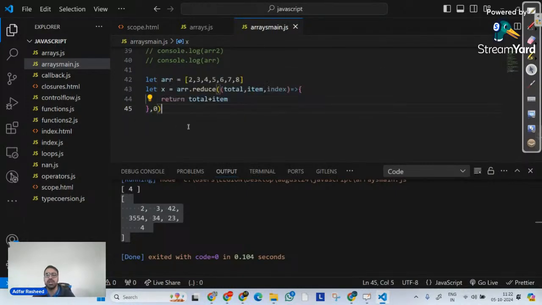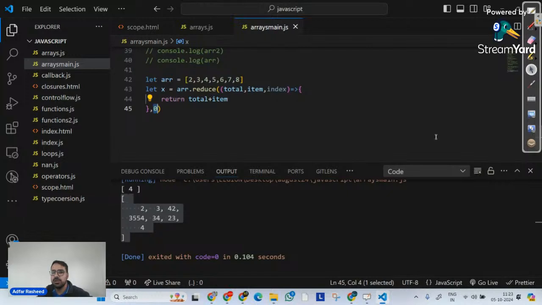And when we say addition, what is the default value that we actually give to the addition initially? It is 0. So apart from this callback function, I have passed another argument, 0, which means when this loop starts, the initialized value of total, I am setting it to 0. So that's what the second argument in the reduce function does. The second argument simply is the initial value that I am assigning to the total accumulator that we have. And I'm simply telling it return total plus item.